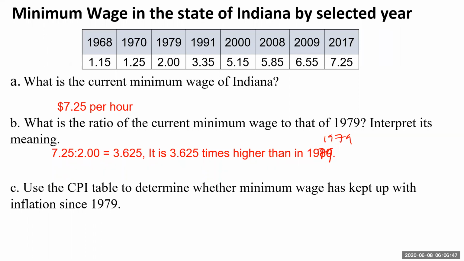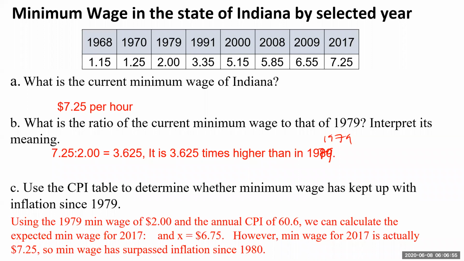Now, use the CPI table to determine whether minimum wage has kept up with inflation since 1979. What you need to do is the setup. Let me simplify that. I'm doing part C. You have to do CPI 1979 over CPI 2017 is equal to